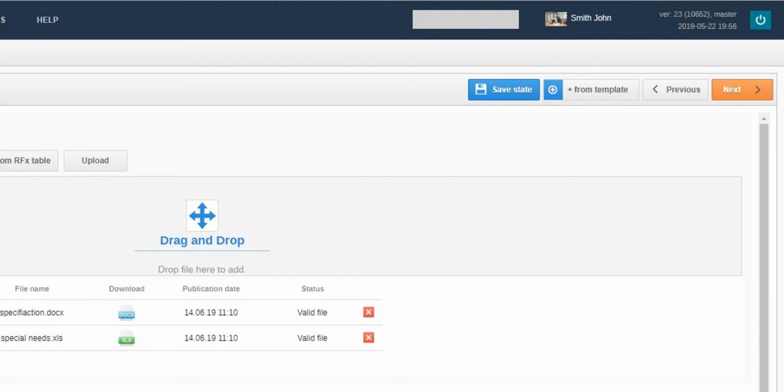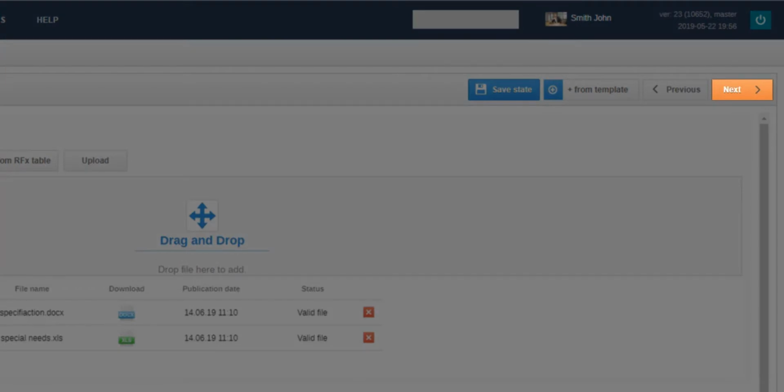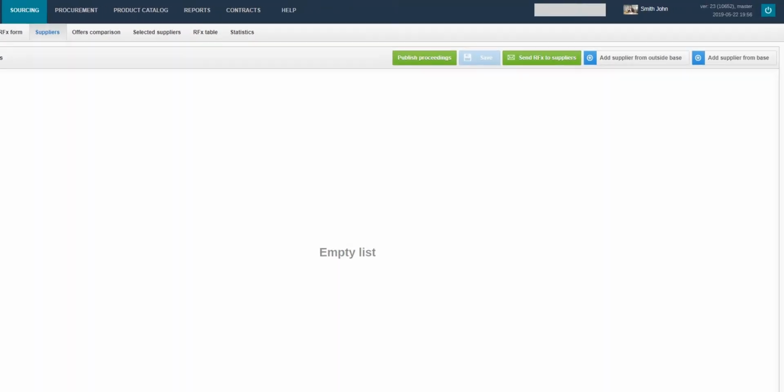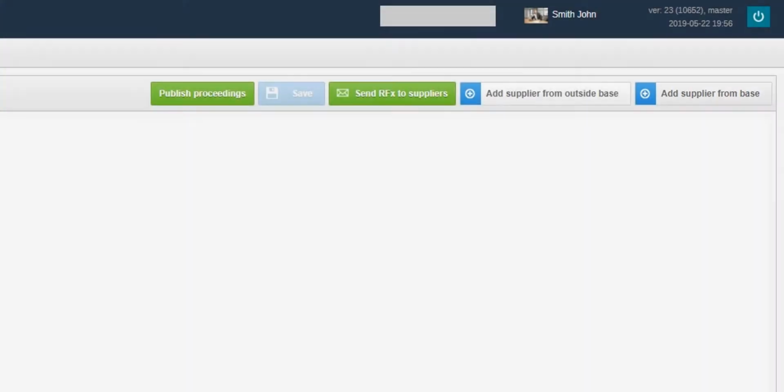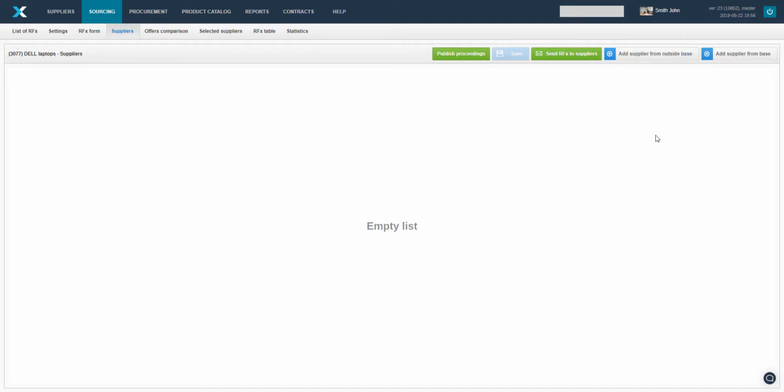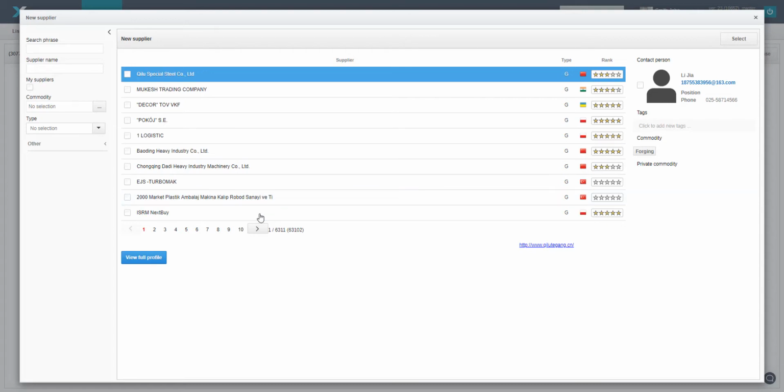The last step of creating RFX is choosing suppliers from whom you want to send invitation to submit an offer. To do this, go to the Suppliers section by clicking the Next button. System allows you to add suppliers from base or from outside the base. By clicking the Add Supplier from Base, you can add suppliers from global base of the platform as well as